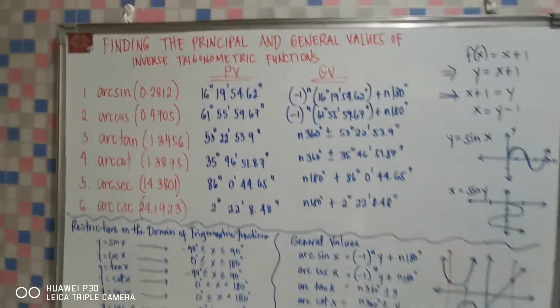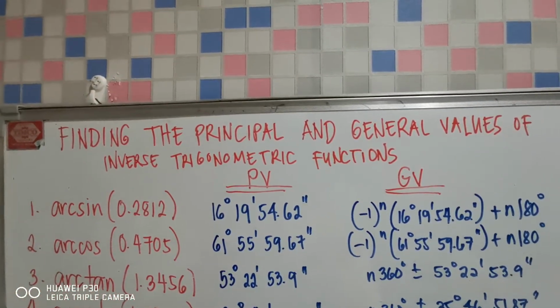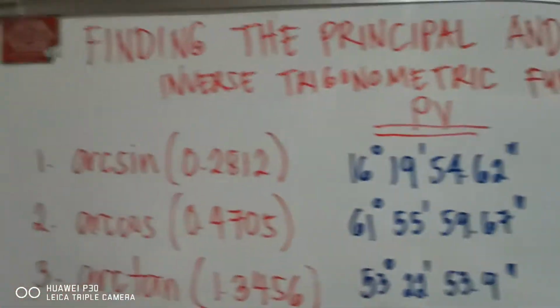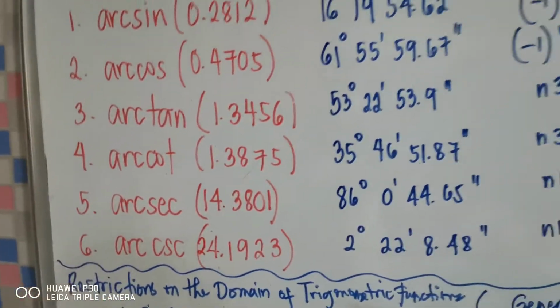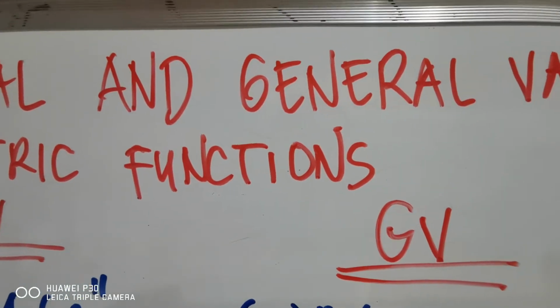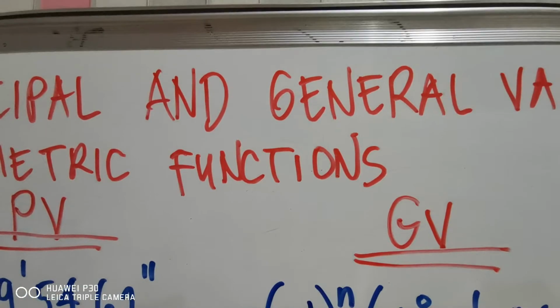Today, we are going to discuss finding the principal and general values of inverse trigonometric functions. You're familiar with the trigonometric functions. These are the sine, cosine, tangent, cotangent, secant, and cosecant functions. Now, what is a function? A function is a special kind of relation wherein the abscissa or the first element of the ordered pair does